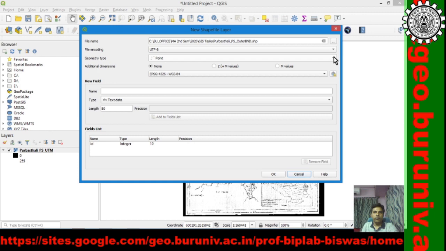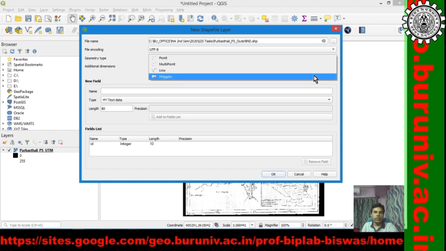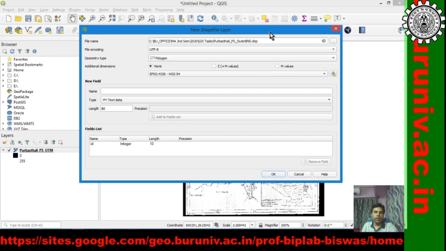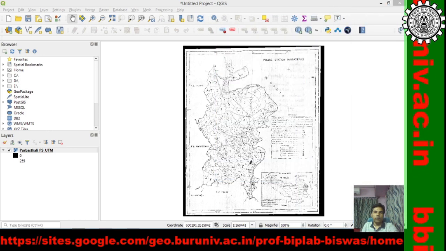Geometry type we would like to change to polygon, because we would like to create a line which will start from this point or any point, maybe from this point, and it will go like this and come back to the same point.